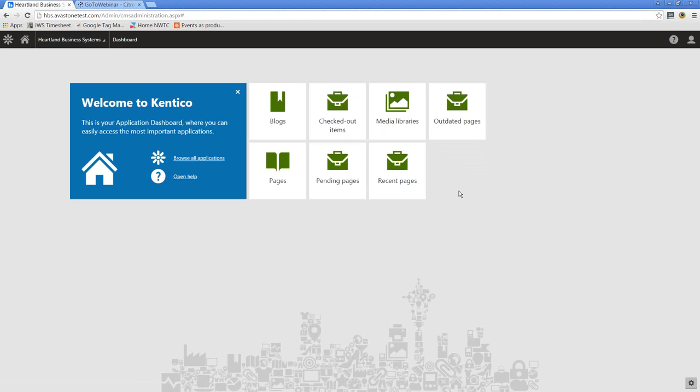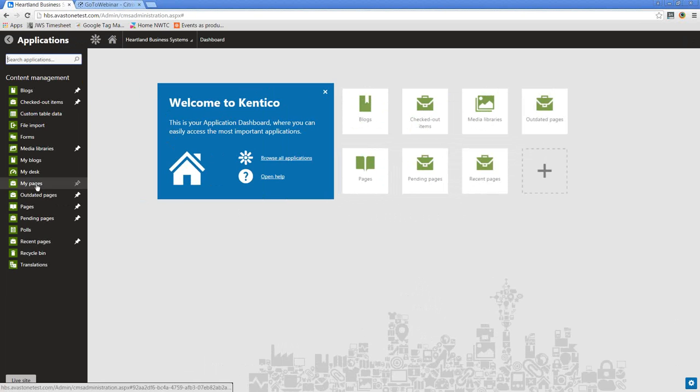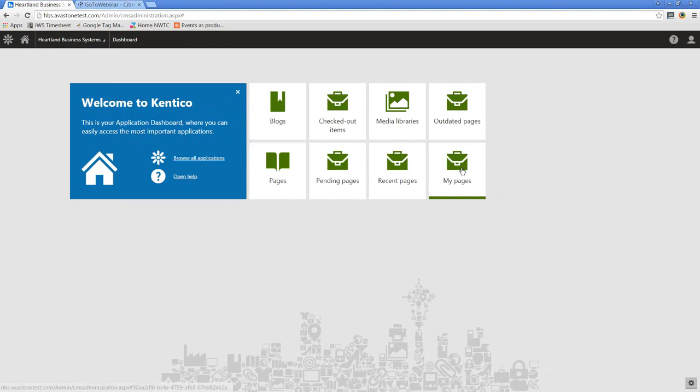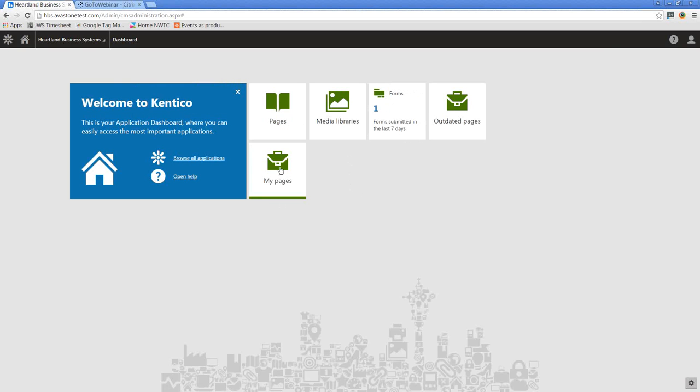The other page that can be helpful here is the page that I don't have on my list. Let me add it. I wanted to add the My Pages. All right, so if you click on My Pages, and this is Demo Box. Sorry about that. Let me switch back to my account where I have some pages. I hope I'm not losing anybody by flipping back and forth here,